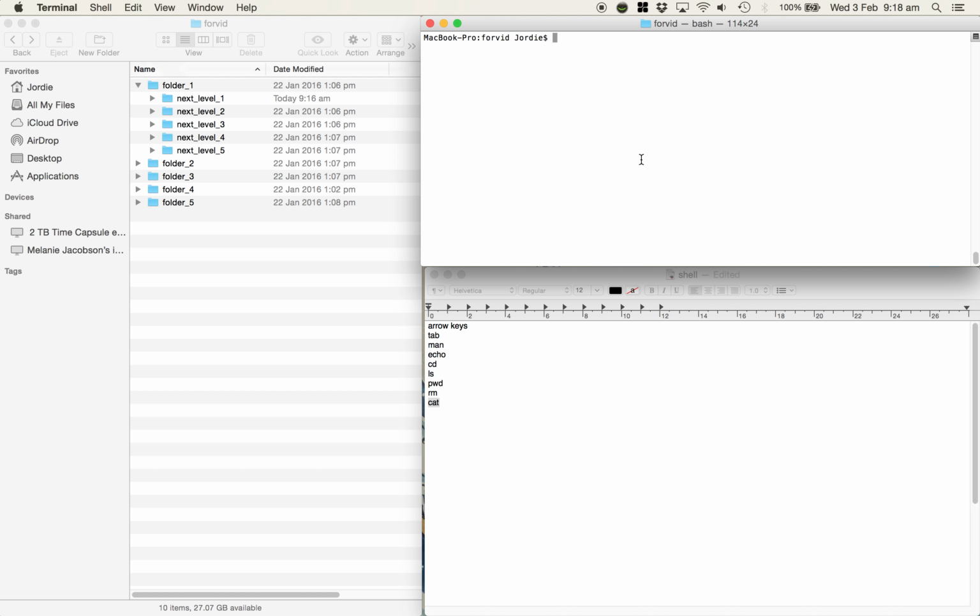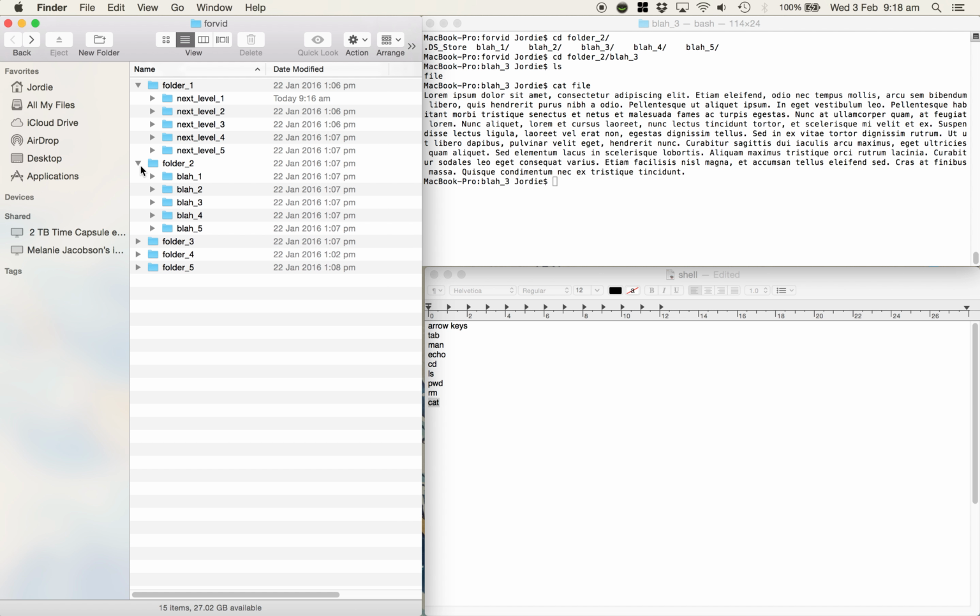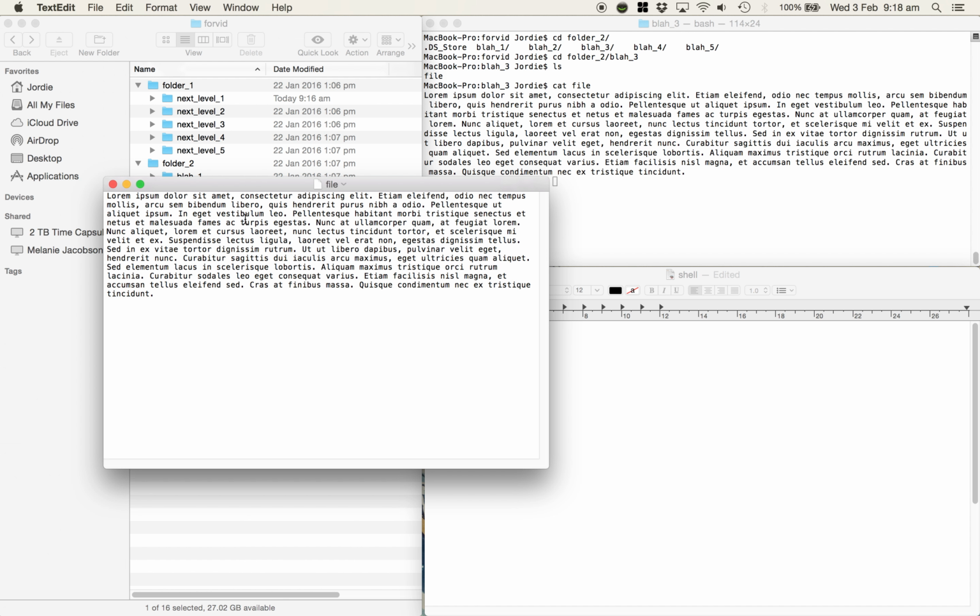So let us move into cd folder. Let's go to folder 2. And if I double press tab again, I can see everything that's in there. I'll go to blah 3. Let's see what's in blah 3, ls. I have a file. Now cat. I type in cat file, and it prints me my file. That is what it was in my file. It's extremely, extremely useful. Just to prove it to you, I go folder 2, blah 3, file, and there's my